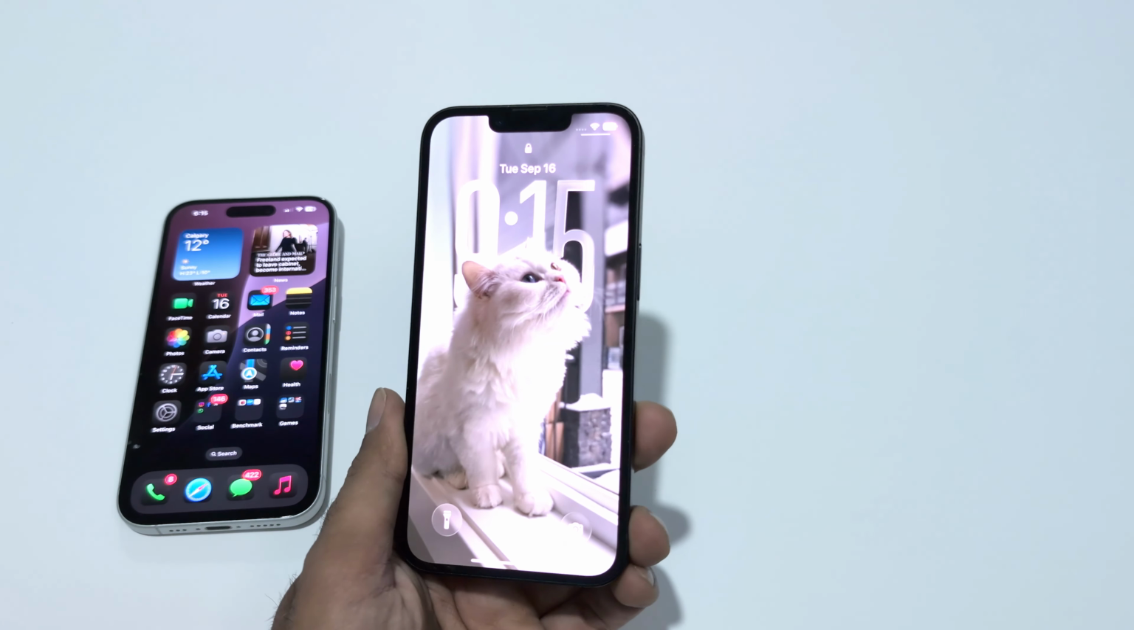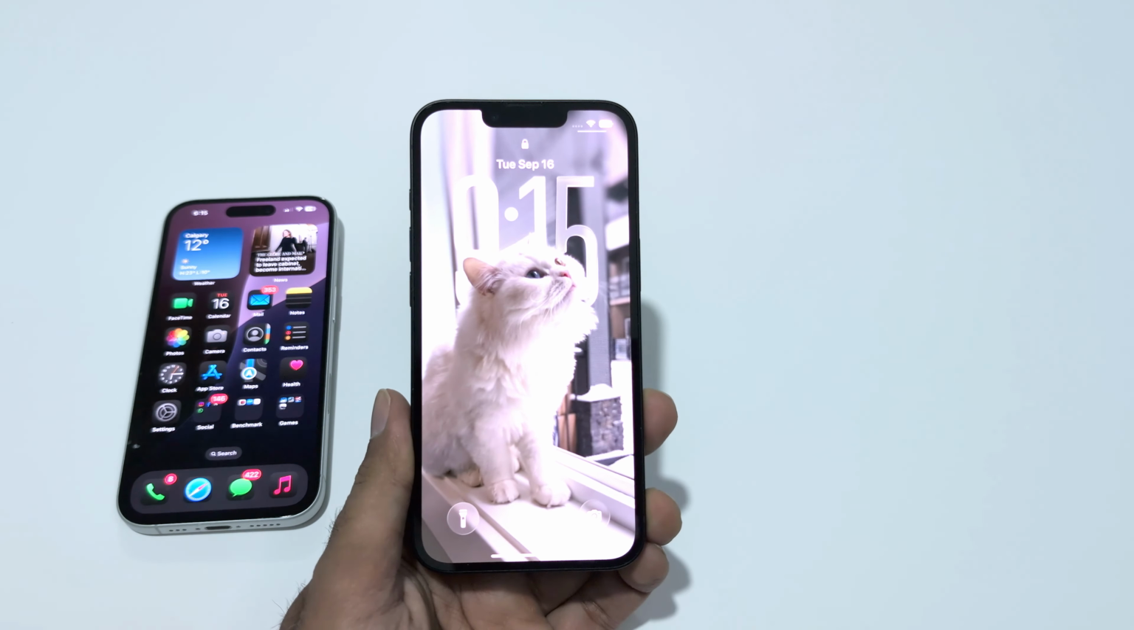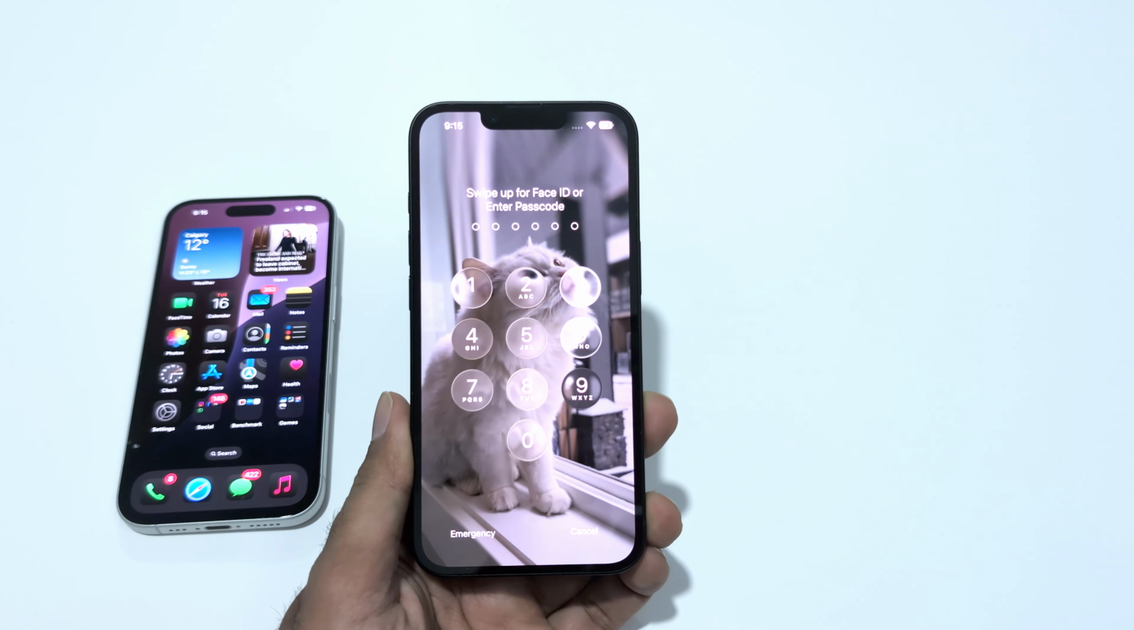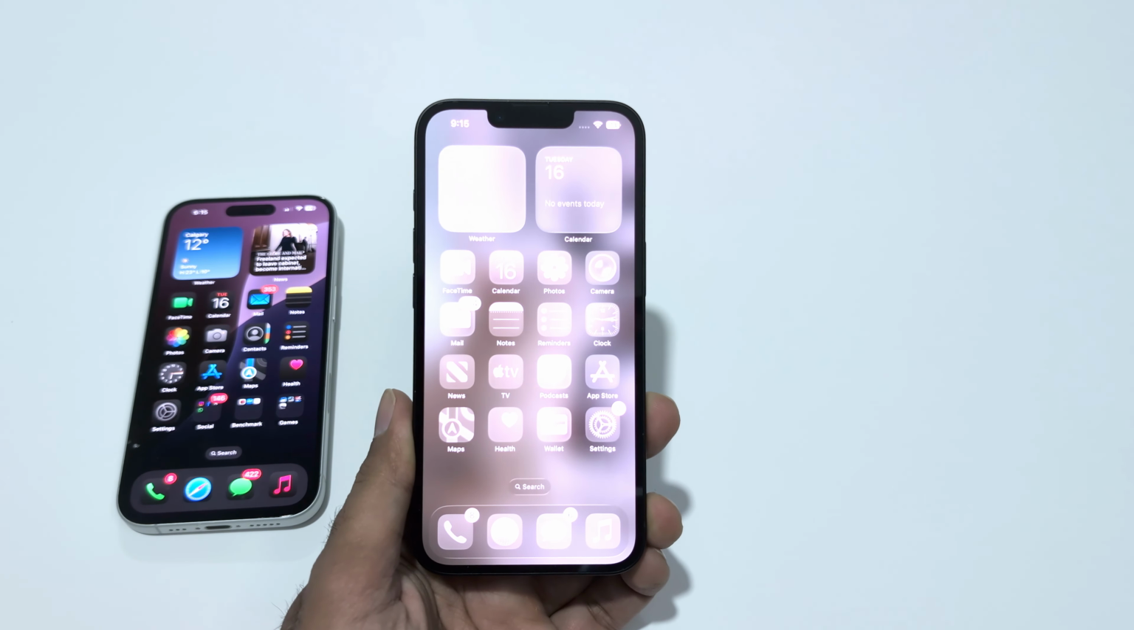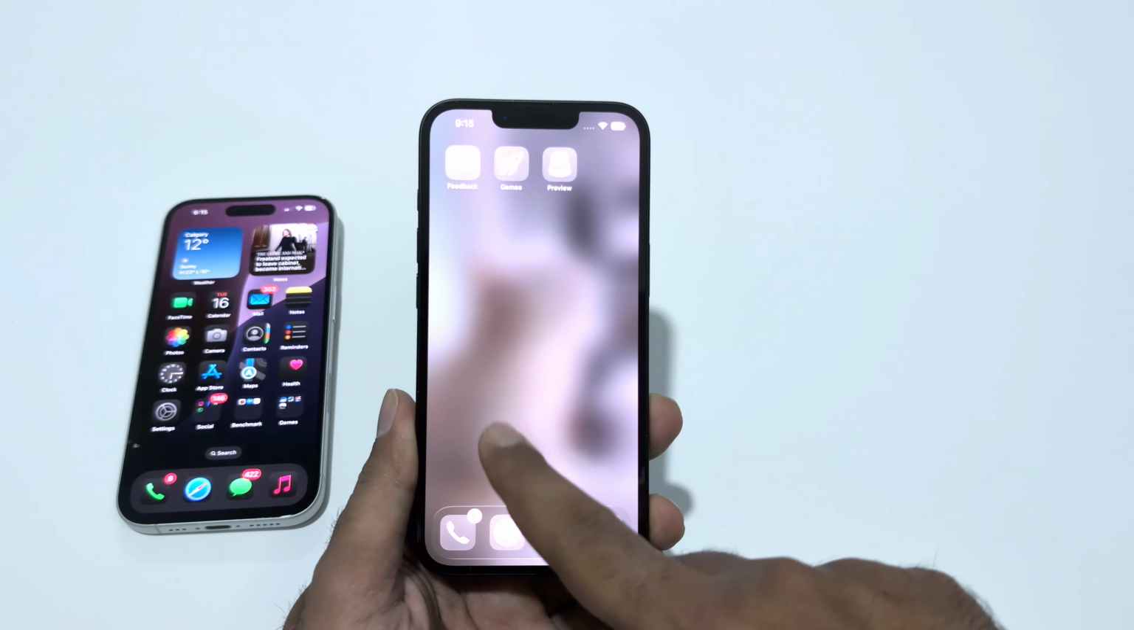iOS 26 is finally here for the older generations of iPhones, and in this video I'm going to show you how to update your iPhone to the latest iOS 26.0 to have the best and the latest iOS features